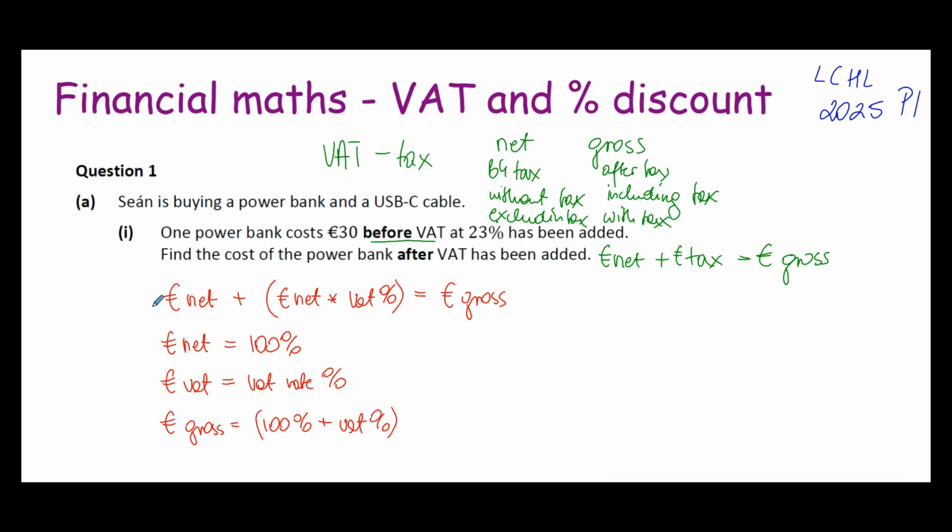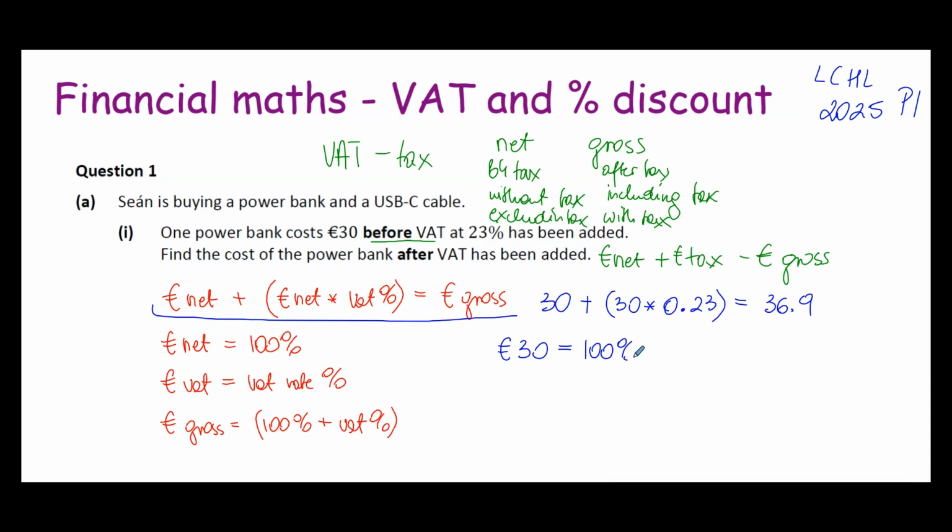One way we can look at it here is 30 plus, so net value, before VAT, plus 30 multiplied by the VAT rate, which is 23%. When we put that in the calculator and press equal, we get the value with the tax, with the VAT, the gross value. Or we can use that idea and say if €30 is my 100%, how many euro will be the gross value? And the gross value is 100% plus the VAT rate. So here it is